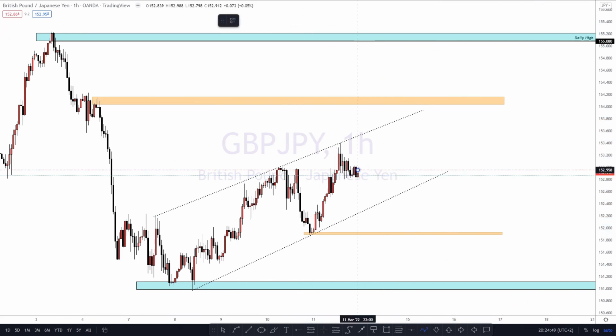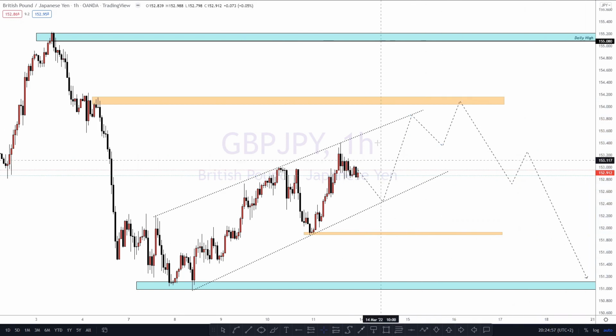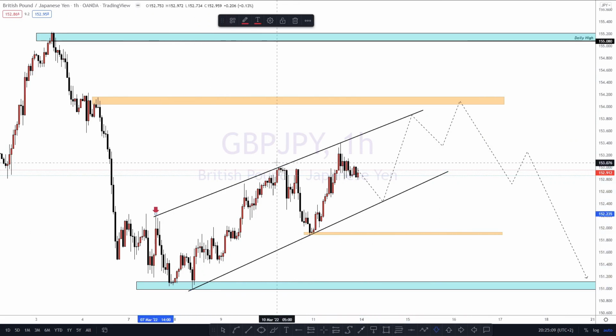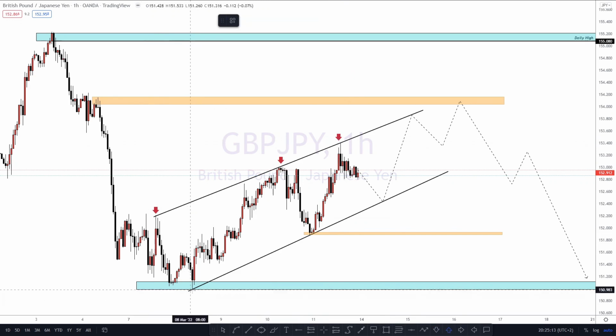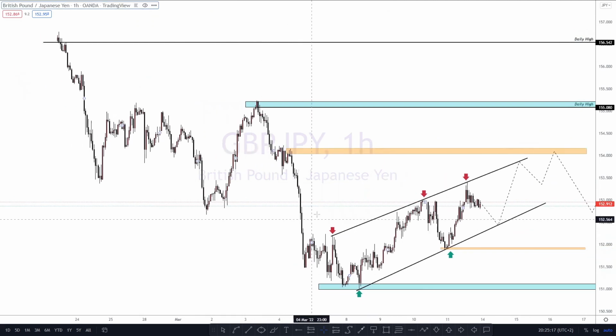What I'm anticipating is to see price coming down here, coming up here, and then breaking below this to the downside, right? But also I just need to make this not dotted, and then as you can see, we have this channel itself. Let's also make it to be seen. We have these upper touches, and if price breaks out and then also breaks below this higher low, then we could look to sell, I mean to say.